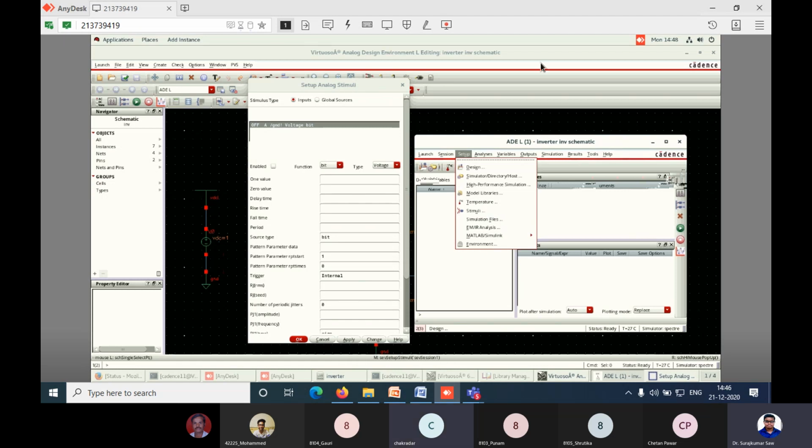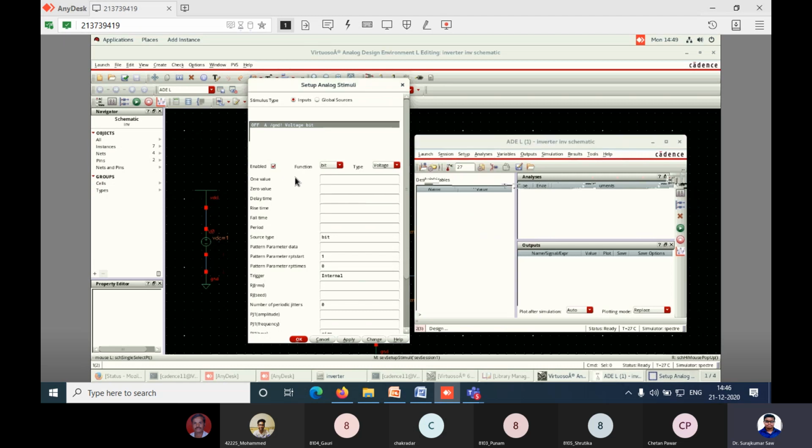Fine, everybody has come to this tab. Very good. Click on enable. Here one tab is showing like A input. Whatever name you have given as the input, it will show here. Just have to enable this pin. Click on this checkbox. All of you click on this checkbox. Very good. All of you have clicked.